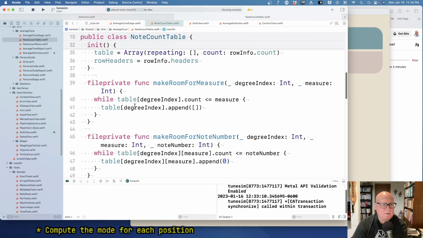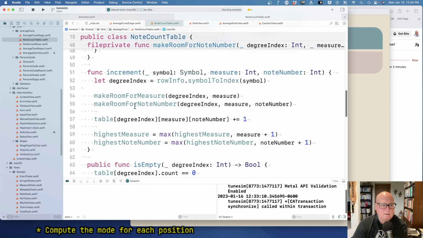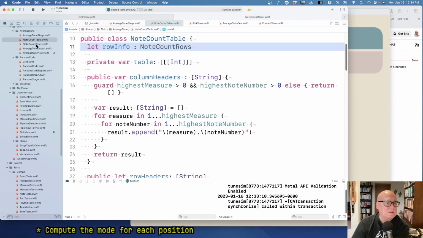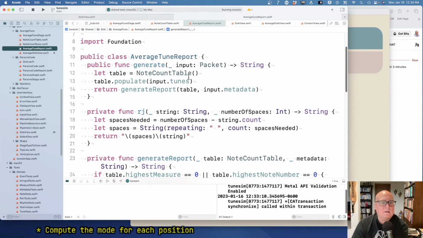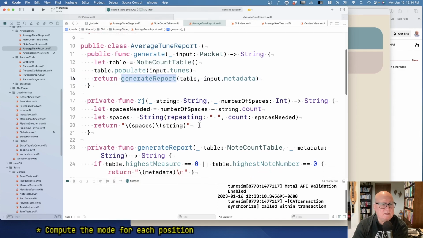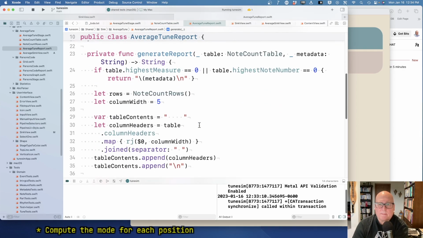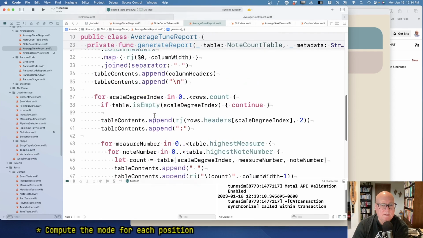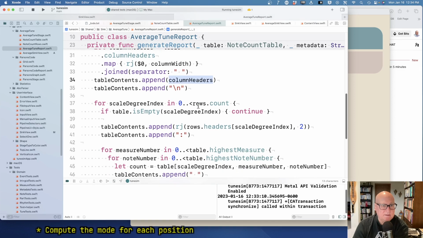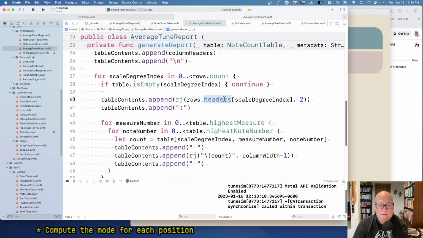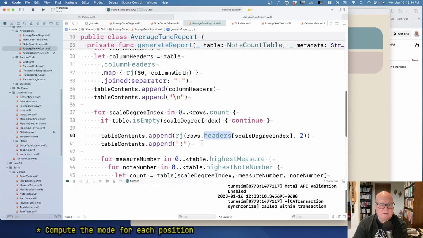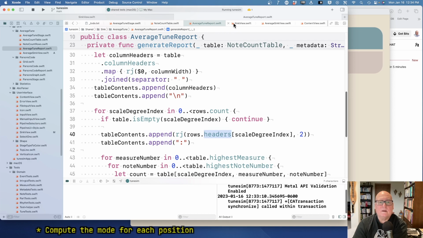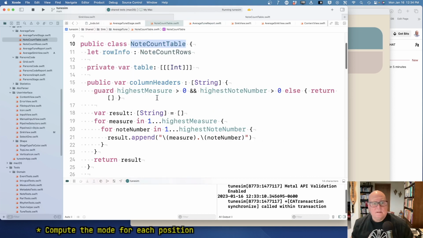Where's row info used? Well, the question is, what does the report do, right? He goes through a count table. He does populate. He generates the report. Count table. He grabs column headers. He grabs headers. Row headers. Okay. Let's see if we can get